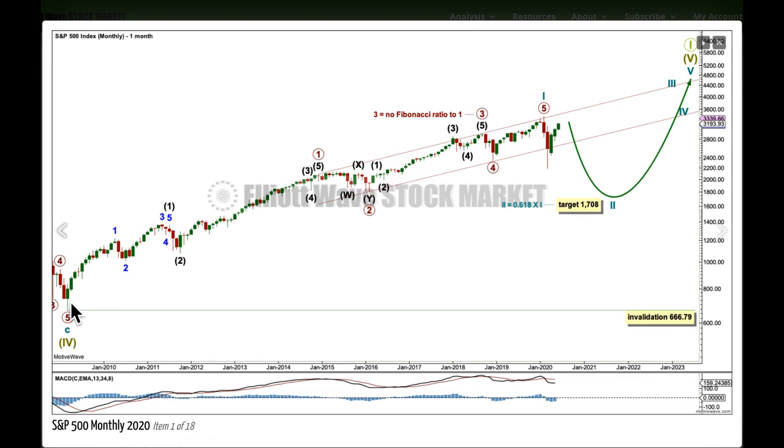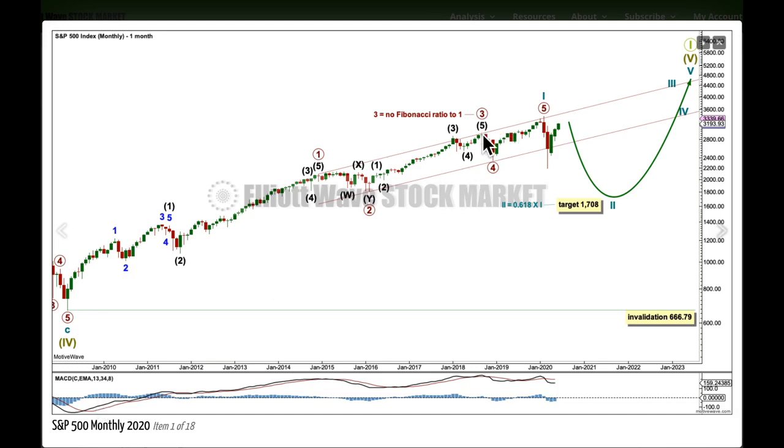This 5-step forward pattern has an extended first wave, double combination for the second wave, impulse for the third wave, double zigzag for the fourth wave. There's alternation between 2 and 4, combination, multiple zigzag, and a fifth wave. When we see this labeling in this way, the third wave corresponds to the strongest portion of MACD. The third wave of the third wave corresponds to the strongest histogram within MACD, with the exception of the beginning of the whole movement. The first wave was particularly strong. That's quite common for the S&P.